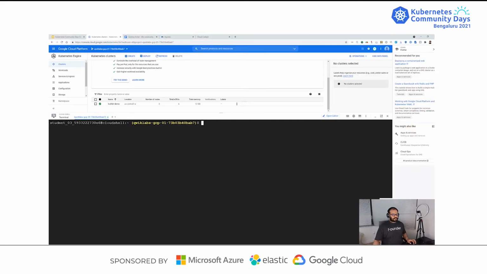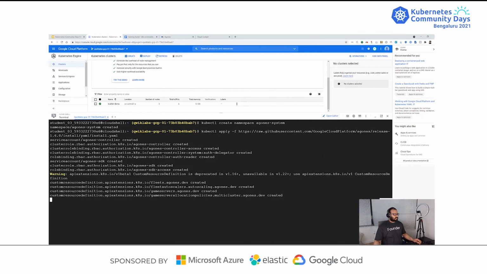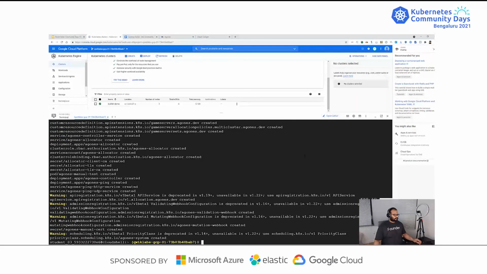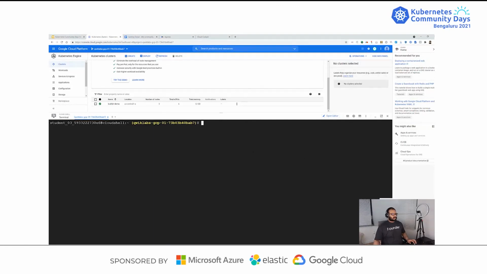All right, let's talk about how easy it is to build the same game server on Agones. This time, the simple process is to create a Kubernetes cluster, which I already created one for the demo. All you need to do after that is create a namespace called Agones and deploy the Agones platform onto the Kubernetes engine, which you already have. That's pretty much it. We have the Agones engine on top of it.